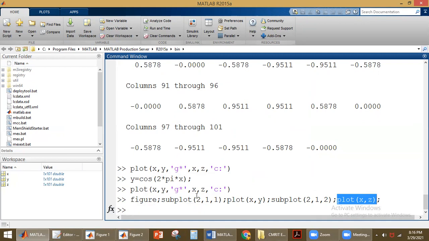So if I want to plot four figures, I have to use subplot 2 comma 2. So 2 into 2, how many figures can we plot? Four figures. Otherwise we can use 4 comma 1 also. So 4 into 1 is 4. Okay, so like that we can divide this figure window into an array, so that we can plot as many figures as we want in the same figure window.